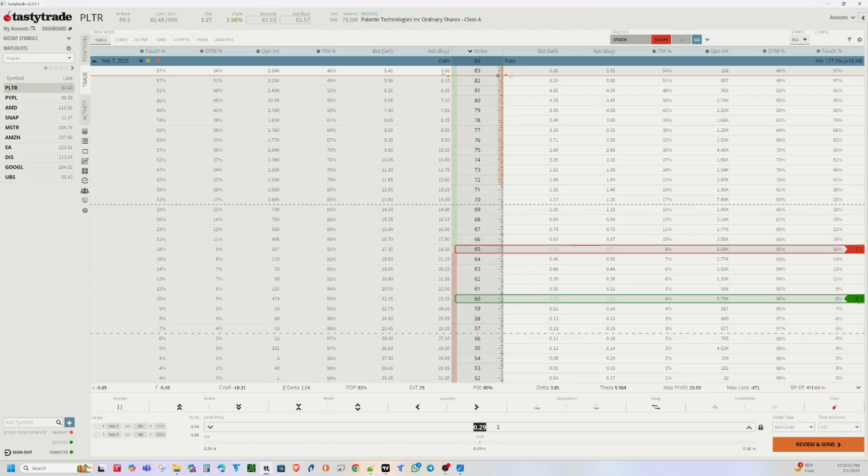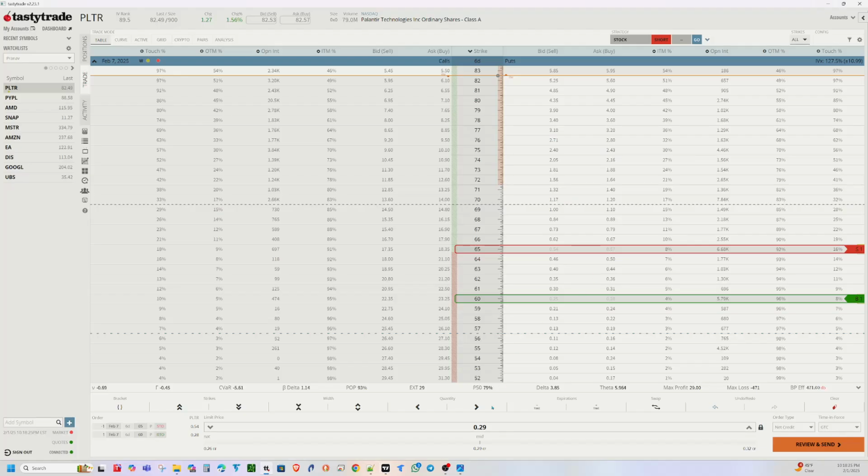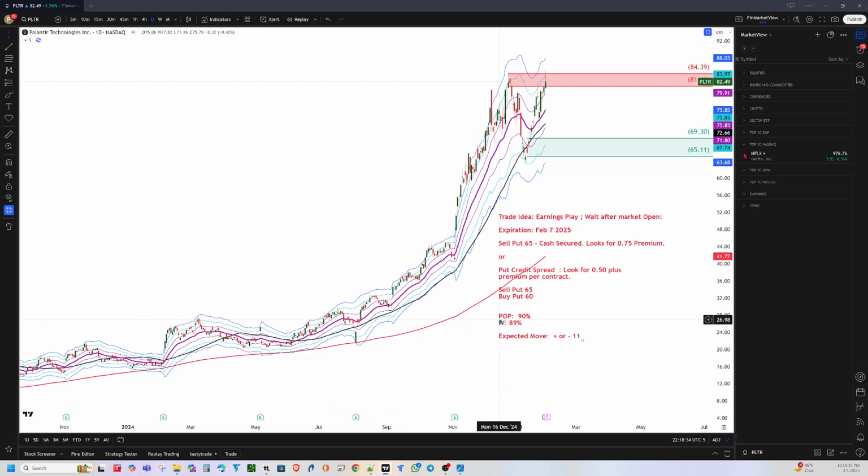Right now, based on the current premium calculations it's 29 cents, but most likely this will increase a little bit on Monday. So I'm looking for at least 50 cents for the spread, because this has a good IV rank, which is 90. Volatility is high, so premiums are high, and POP